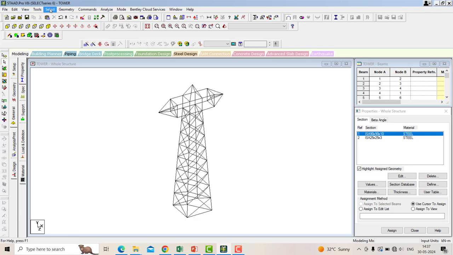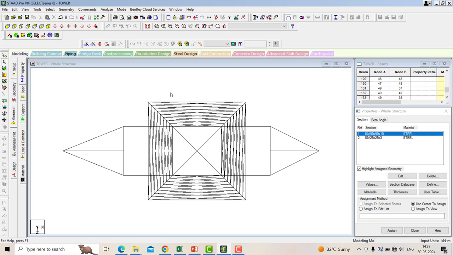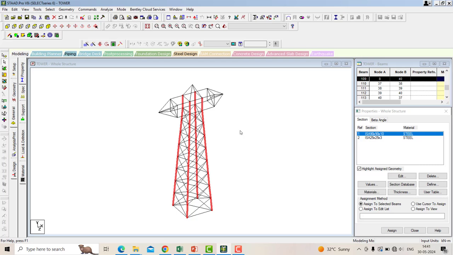For that, I just go to the select and beams parallel to Y. So these are the beams. We can't select these inclined beams because the beams are inclined. It doesn't consider it in any direction. For that, what I do is I just select this one, this one, this one, this one, and this one. So once you select that particular part of the steel members, then you just assign that property,